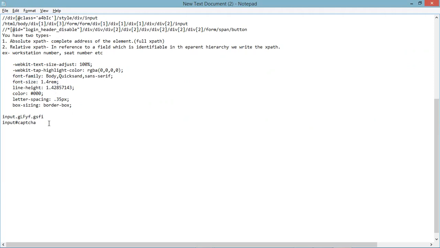After input captcha, you paste it and say it as equal to font size equal to, single quote, that value completely. Even no semicolon should be included in the value. This also can be used as a CSS selector.